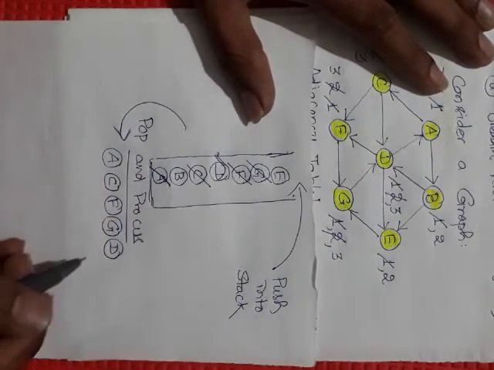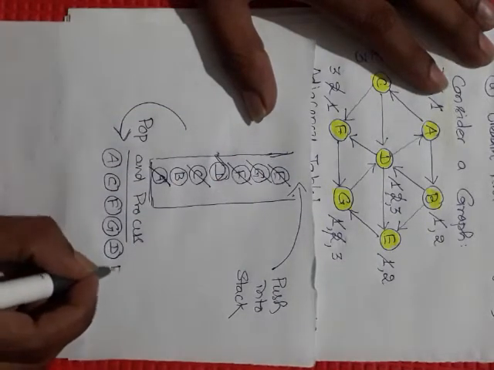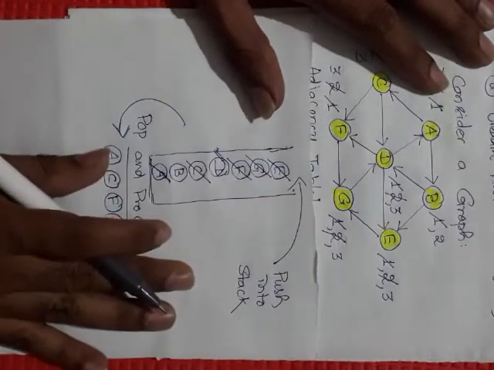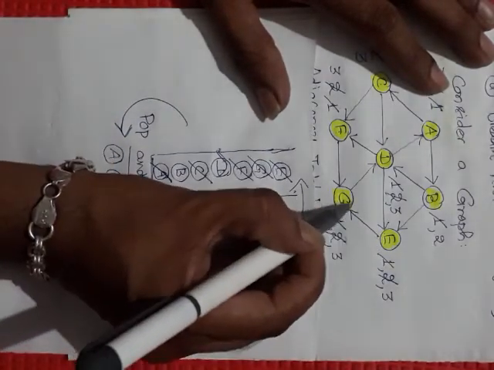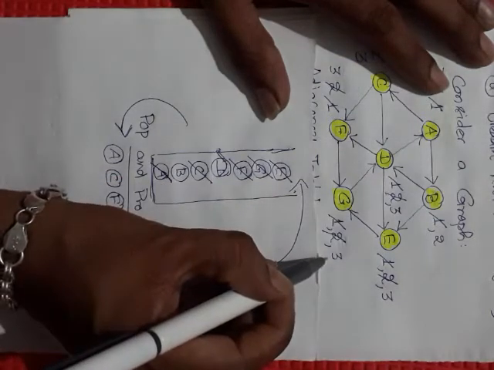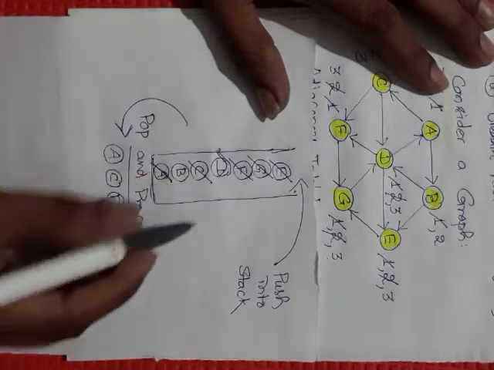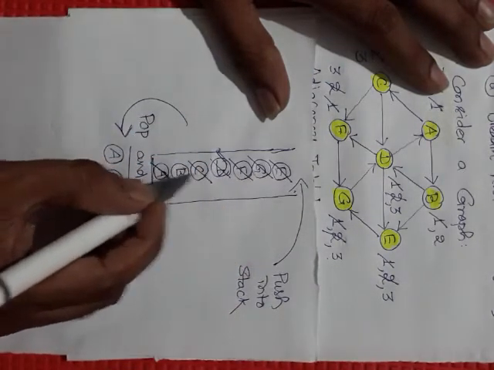Now again take out the topmost node from the stack, that is node E, and process it, change its status to 3. And what are the adjacents of E? For the adjacents of E, only G is present, which is already processed. So nothing will be pushed. Now check the stack. D is already processed. Check with the stack. There is a node B available.